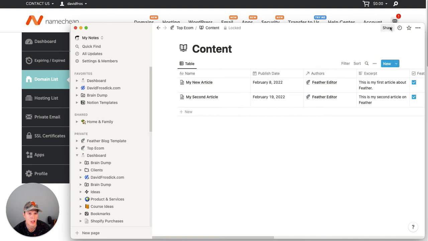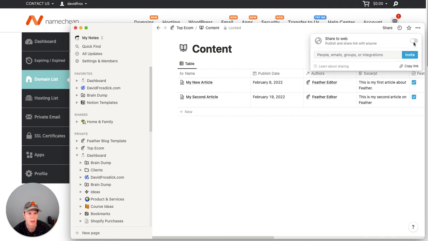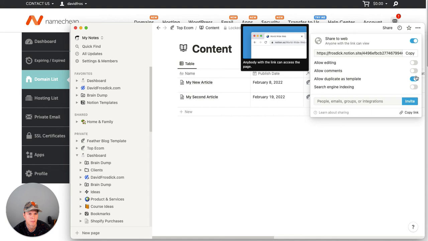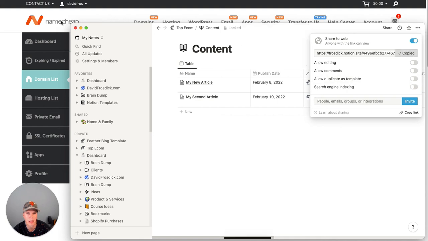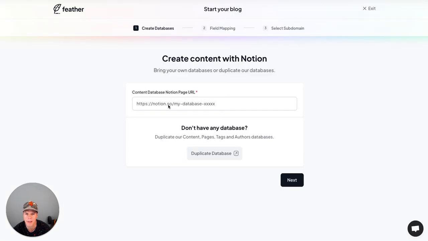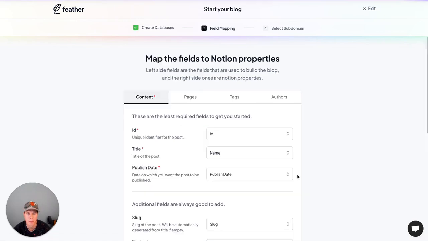So I'm going to click on the share icon at the top, share on the web. I don't need to duplicate that, so I'll click copy. Let's go back into Feather. So it asks you for your content database page URL, which we just saw is my content. I'll click on that. That's validating. It's then going to ask me for my